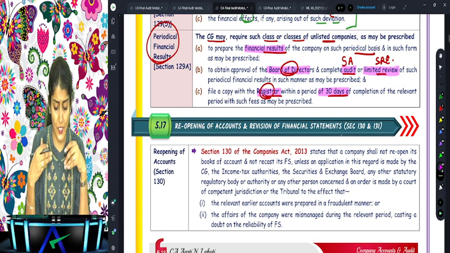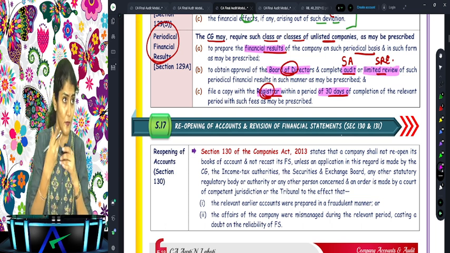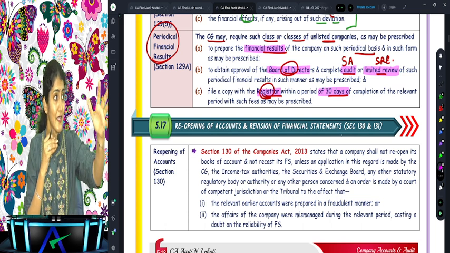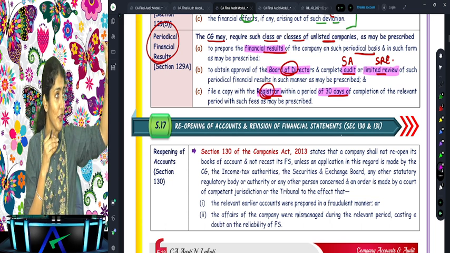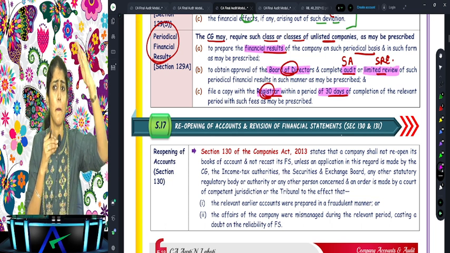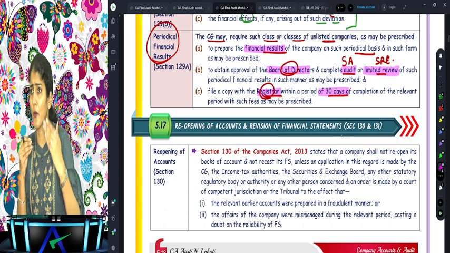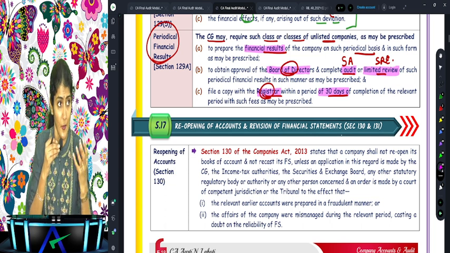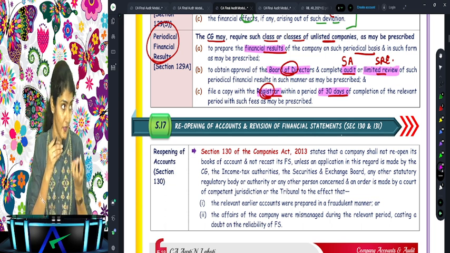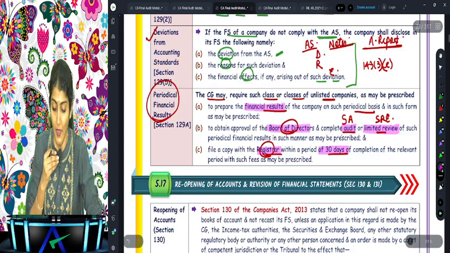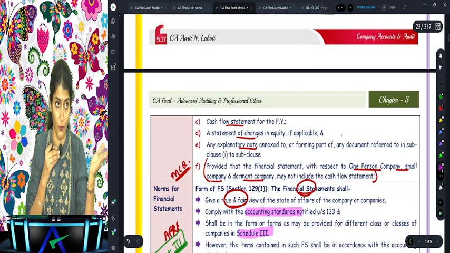Right? These sections I'm just quickly scanning through. We are not getting into as much detail as we went for 139, 140 or so. But because they have a passing relevance in our syllabus, we are going through these particular sections. Obviously, these are again the building blocks, and we have to know these also. So 128, books of account.